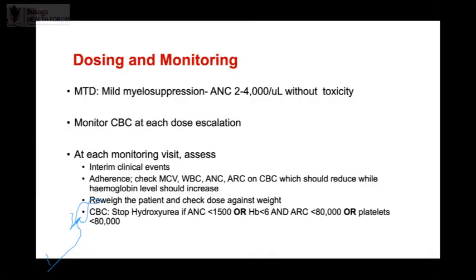So what do you see? MCV goes up. But for some children, the MCV does not go up because of several reasons. Maybe they have iron deficiency, but also because we have a lot of alpha thalassemia, the MCV doesn't go up. However, in children who are adherent, they are clinically much better. The pain reduces, the eyes become less yellow, the hemoglobin goes up, they actually have a better quality of life.